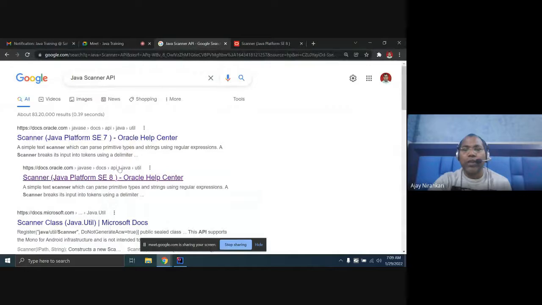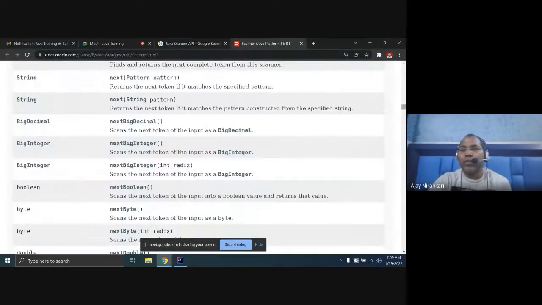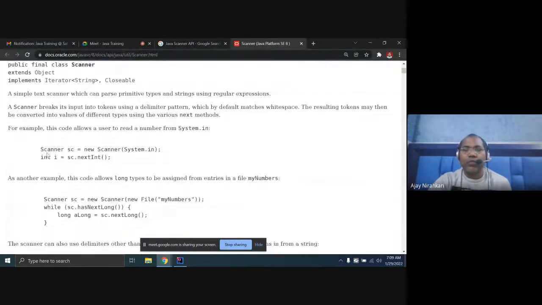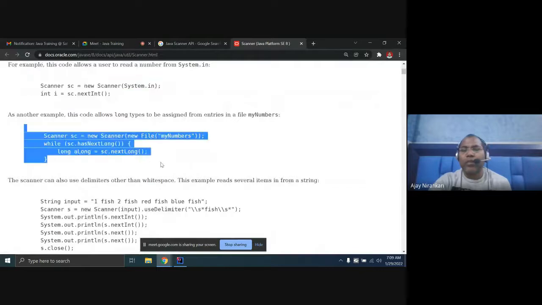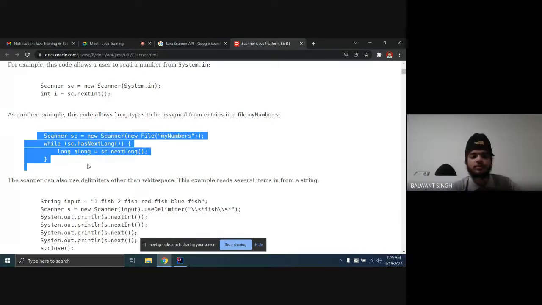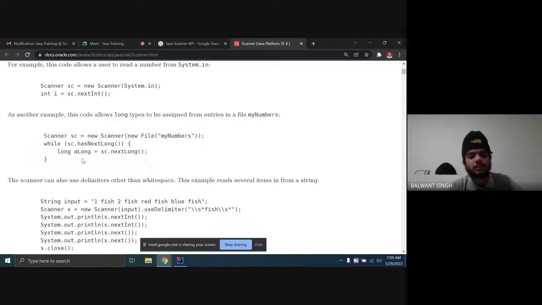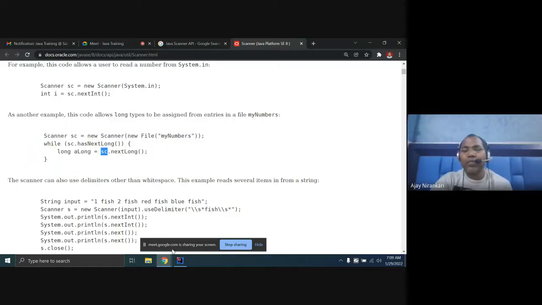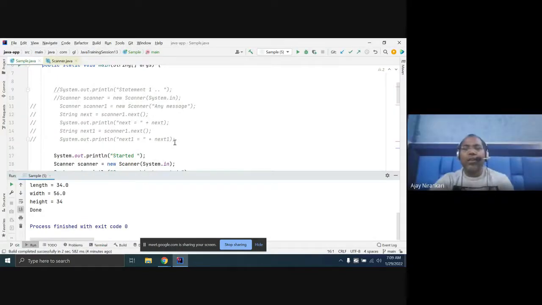You can find each and every piece of information about the scanner class available there. Today we discussed this, and similarly you have other options. You can pass any file, and whatever input is written inside the file, you can read from it as well. Sir, what is the long over here? Long, just like the long data type.